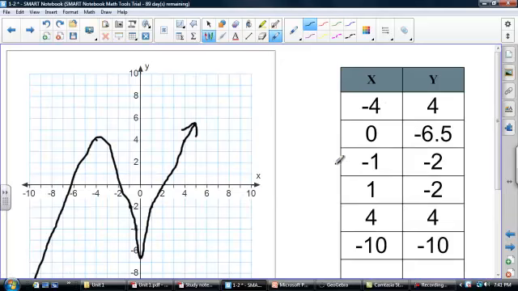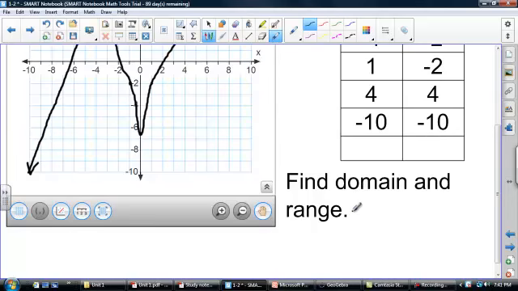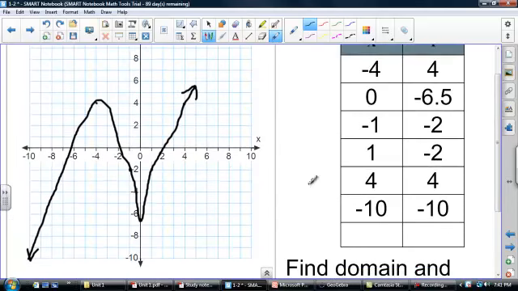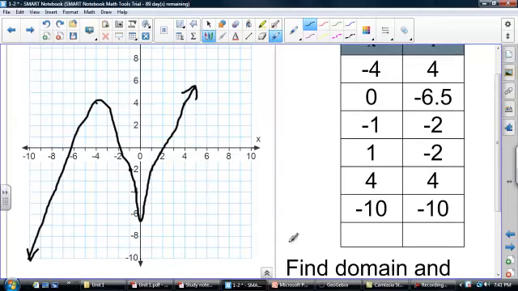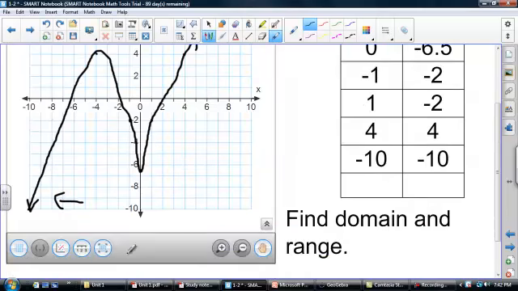Now, this time, we're going to find the domain and range. So, my domain values are all the x values. We found that out in the last lesson. The range values are all the y values. So, when I'm looking at this graph, the arrowheads tell me it's going to go on forever. It keeps going on not just down but also out, in that direction forever. So therefore my lowest possible domain value is going to be